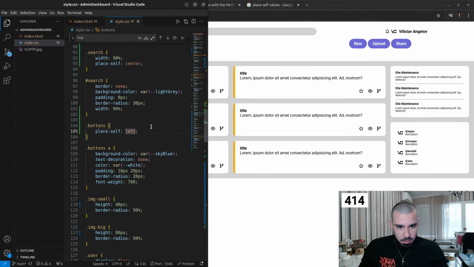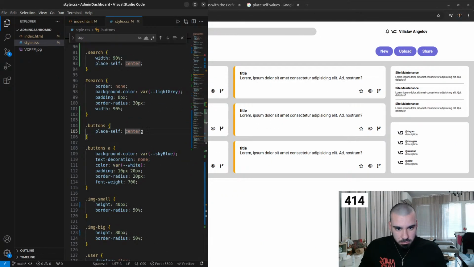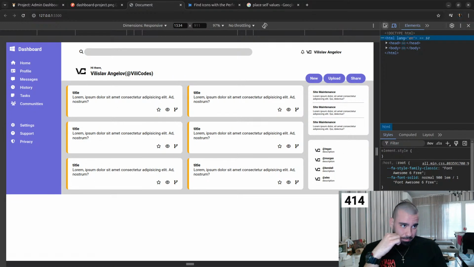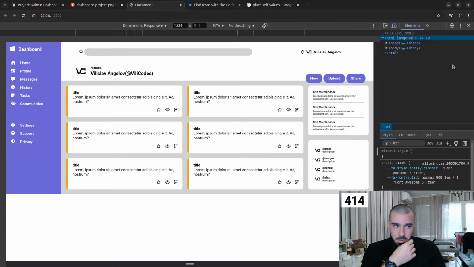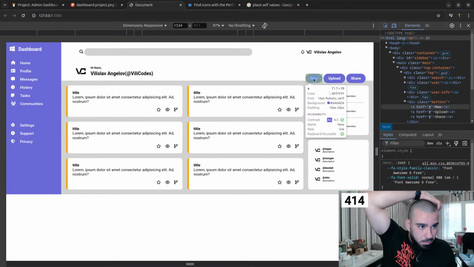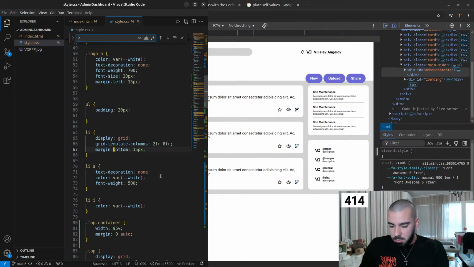It's placed to the left, but I need it in the center and on the left. If I do right, no, that doesn't work. Center does work. What about end? End does work, but it goes out of the grid. This is because it's only, I think it's because of the border box. Let me remove that to see if you still do that. Border box. No, it's not because of the border box, but it's only counting in for the text inside, maybe. I'm not sure anyways. Where are the buttons? Buttons,